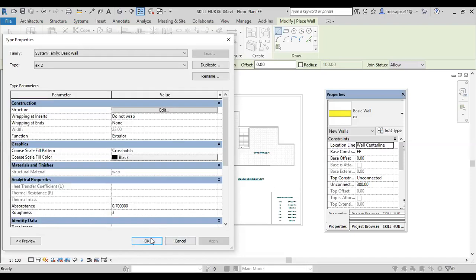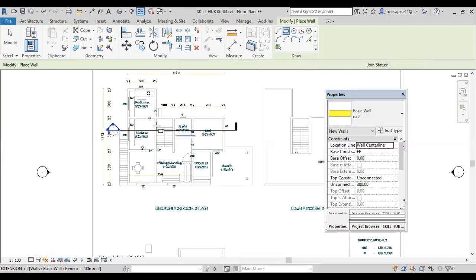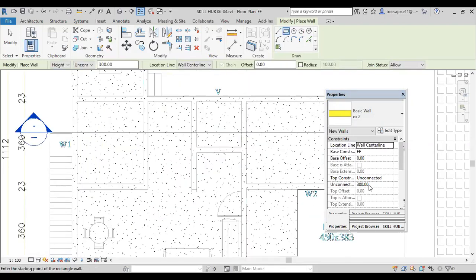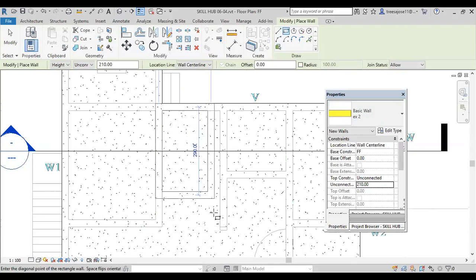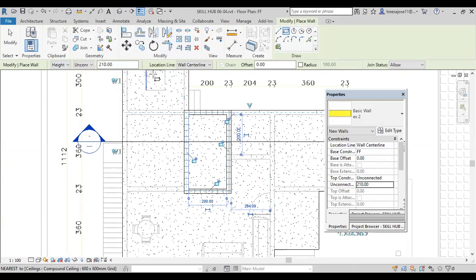I am not bothered about the plastering quantities and all. I just create one rectangle, maybe unconnected, and that is maybe head height. I put it as total unconnected. Then maybe I create something like this. Then if I go to the 3D view,